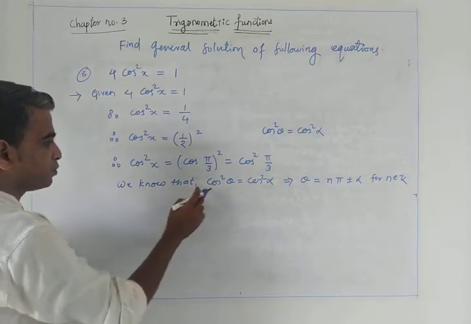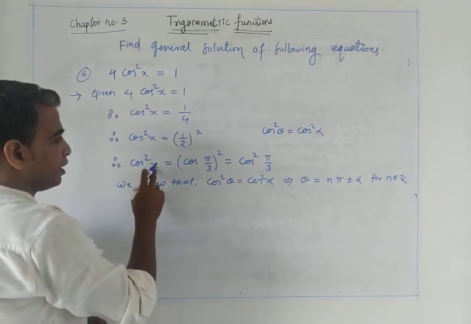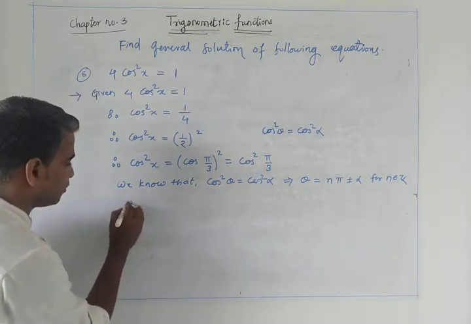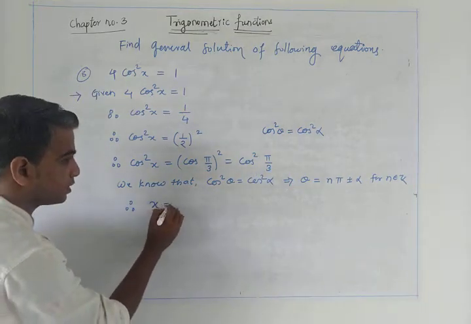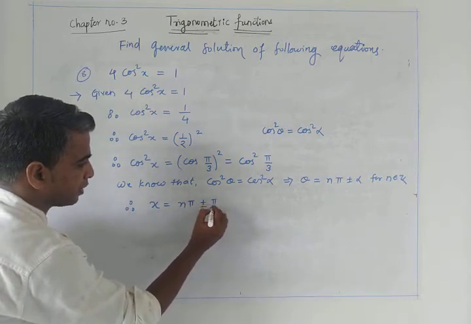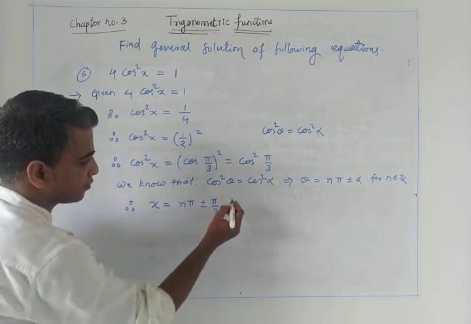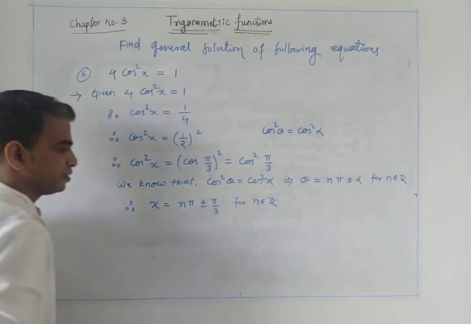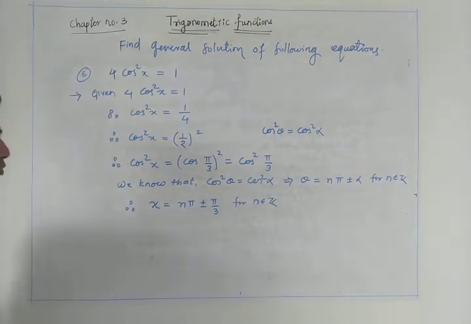Respectively we compare here: the value of theta is x and the value of alpha is pi by 3. So we will get x is equal to n pi plus minus pi by 3 for n belong to z, which is the required